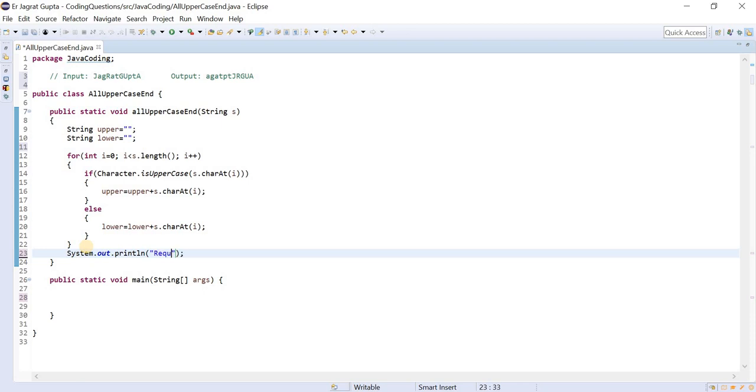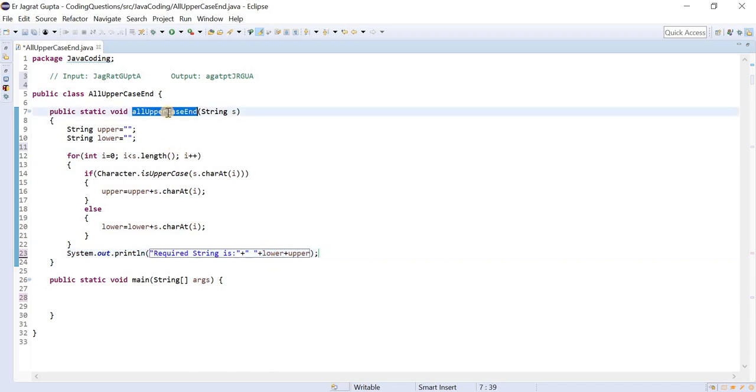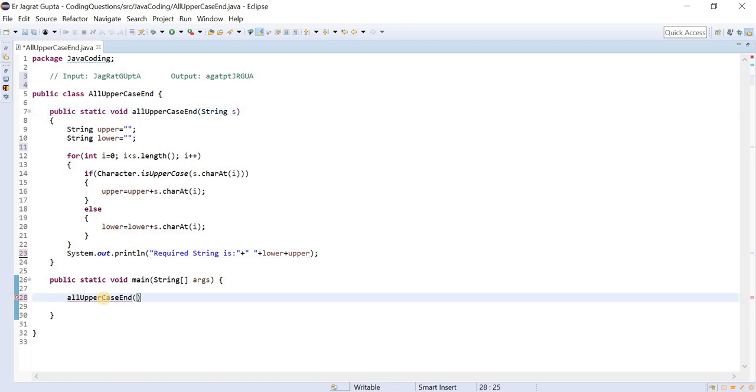The required string: firstly we need to print the lowercase characters and then the uppercase characters, so lower plus upper. So we concatenated these two strings. I hope this works fine, so let me run my program and see whether it is working fine or not.